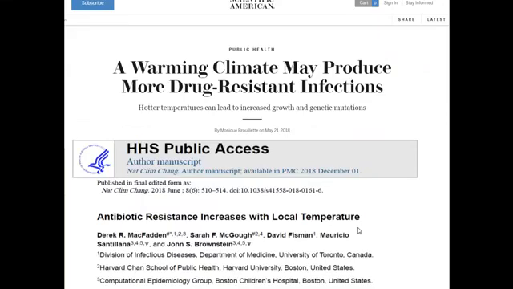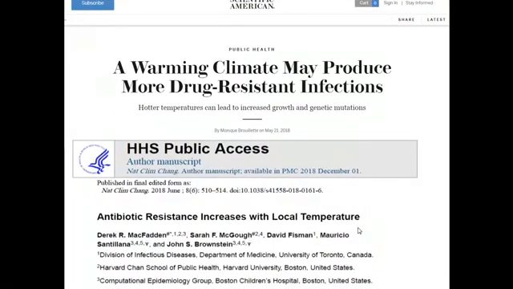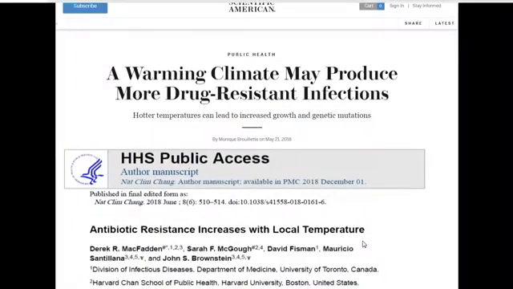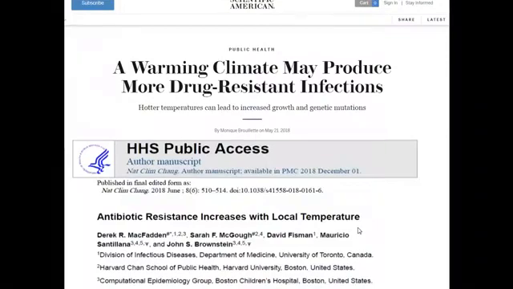What about the climate right now and more drug-resistant infection? We are all the time reading about bugs. Bugs will kill you. Bacteria are not killed by any antibiotics right now. MRSA and drug-resistant bacteria, antibiotic resistance increases with local temperature. So there is a lot of published work concerning these topics